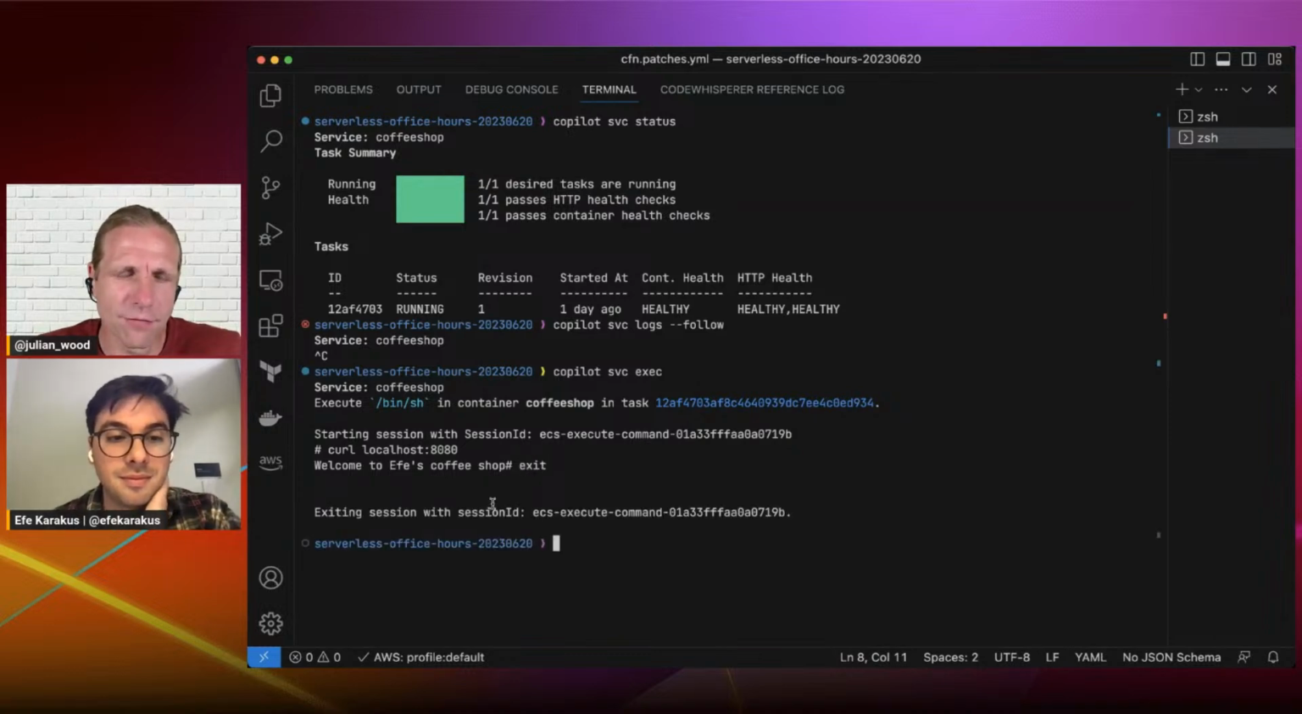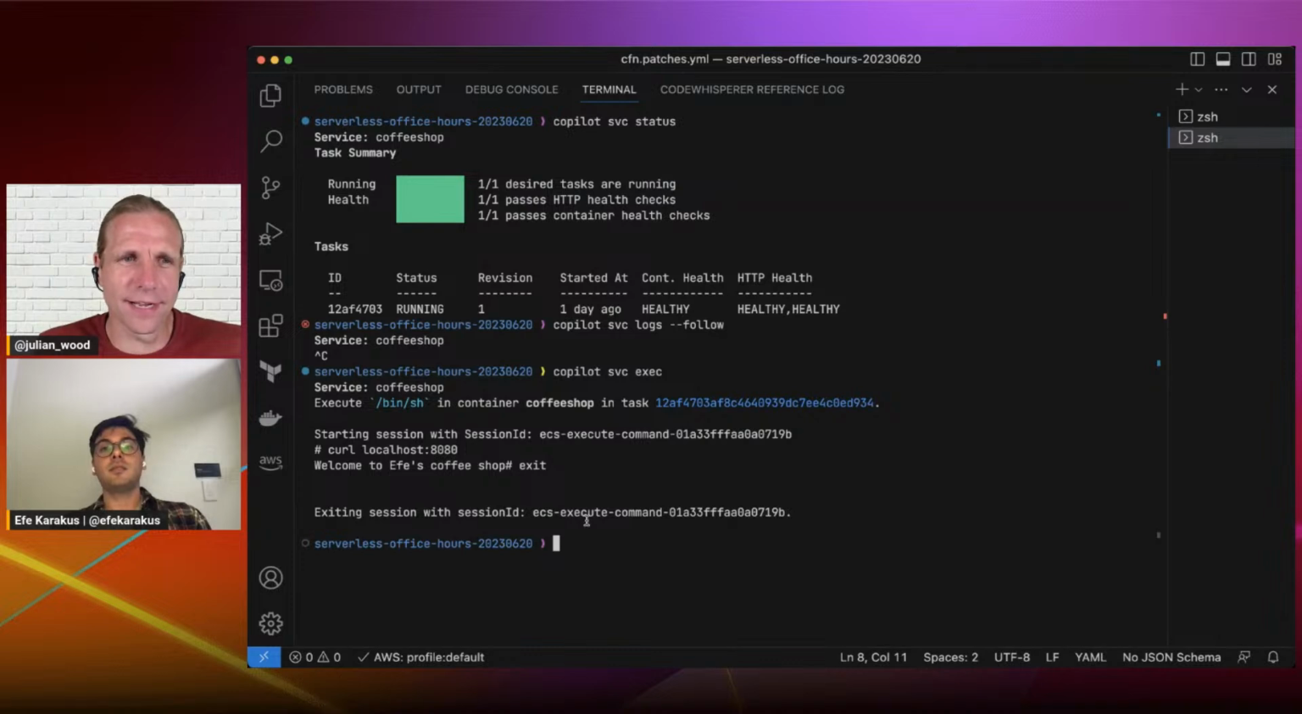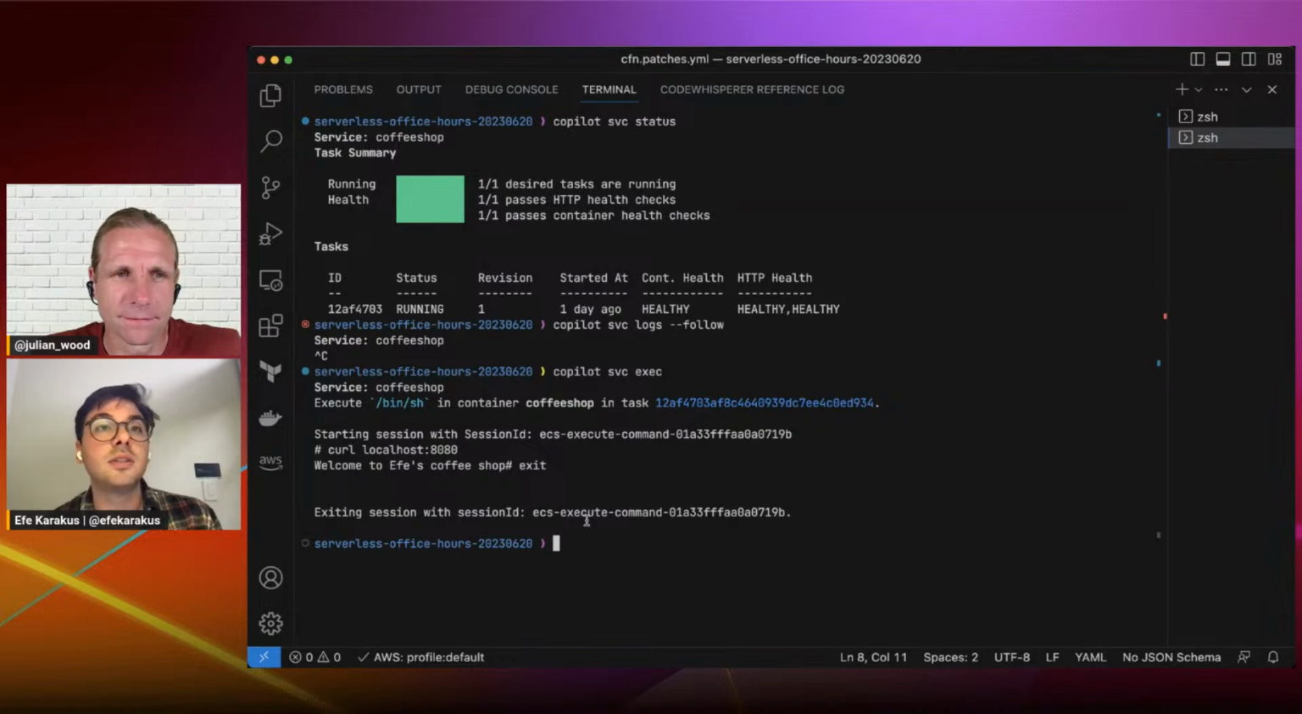So you're SSHing into your container, but under the hood, how are you actually doing that? Is it via Systems Manager? Yeah, that's exactly it. The Elastic Container Service has a feature called ECS exec. Sorry, I just blanked out for a second, but that is literally the name of the command. And they set up the Systems Manager agent, the SSM agent, on the Fargate task for you. And what Copilot does under the hood is that